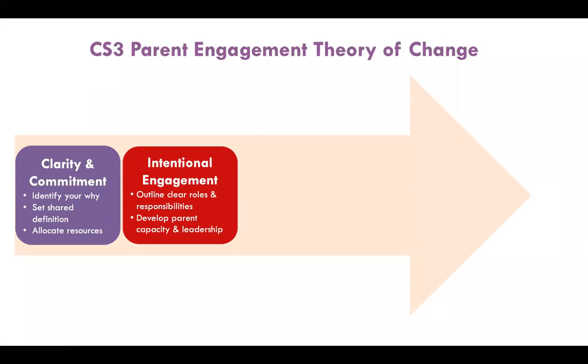To recap, in this section, we took a look at the steps in setting opportunities for intentional engagement. We talked about how having clearly defined parent roles and responsibilities helps us work together to support parent engagement so that everyone is on the same page. Equipping parents with what they need to fulfill the role they have taken on increases success and outcomes and the probability that the parents will remain engaged. People in general don't like to do something they aren't prepared to take on.